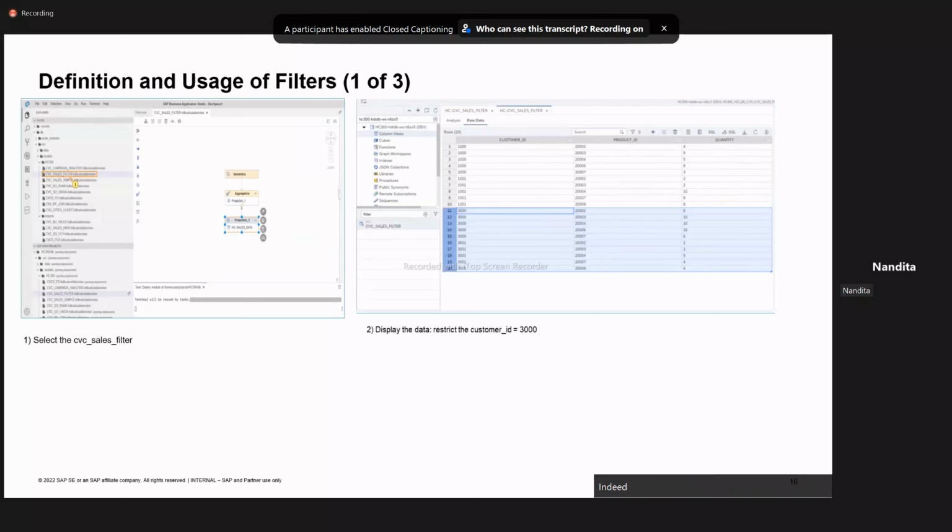In these slides, you see the main steps necessary to define a filter in a calculation view and how to use it. The details about this demo are available in your training material, where you can find the entire simulation. So as you see, we select the projection and then we do the data preview. We see that this has data for customer ID 1000, 1001 and 3000, 3001. If we want to restrict it to customer ID 3000,